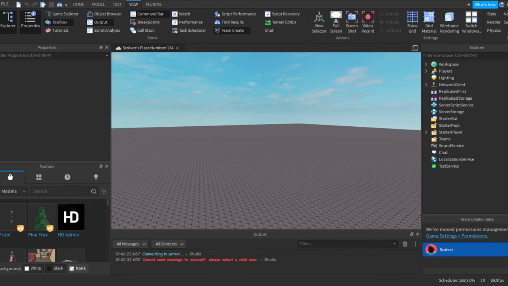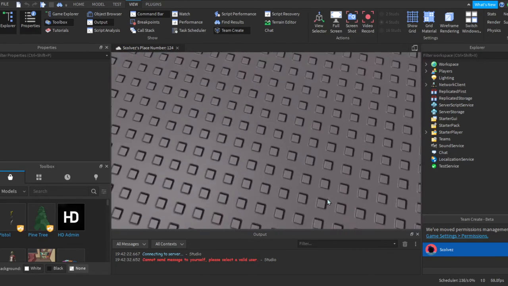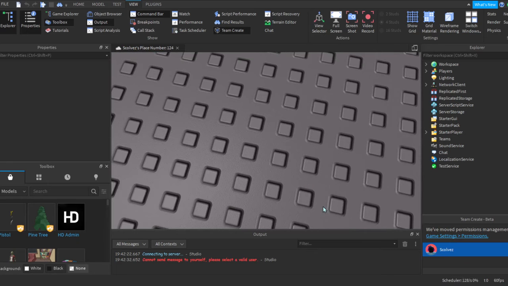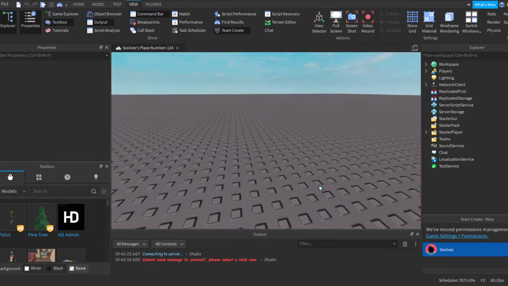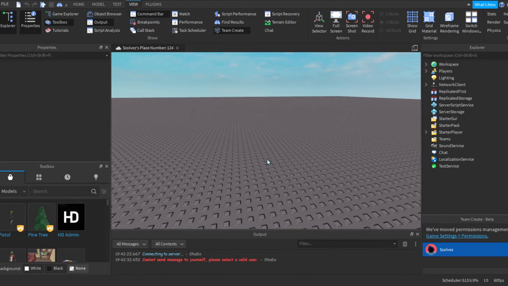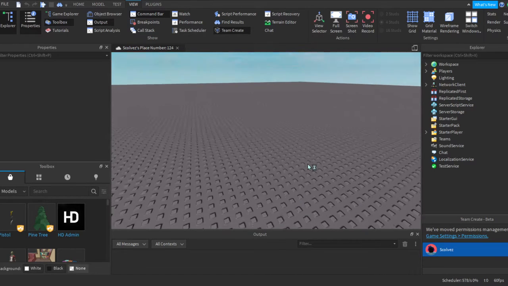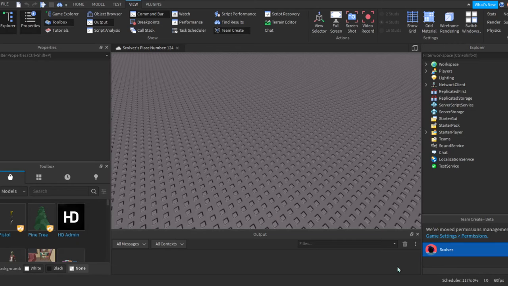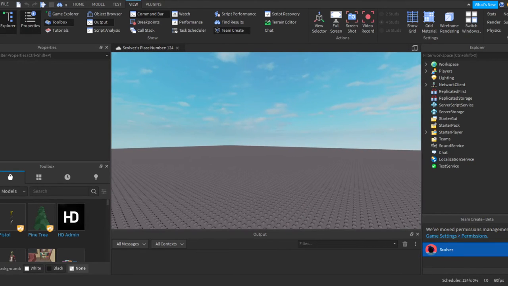So if you accidentally crash Studio, or it just doesn't respond, and you go back into the game and all your progress has not saved, and you're like, oh, come on, I have to do this all again. It actually happened to me a lot of times when I didn't know this. So what I do now is